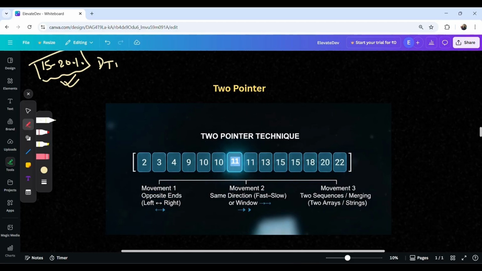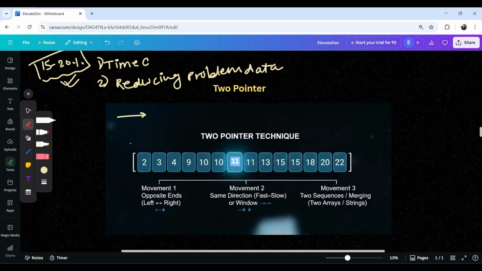2 pointer helps in reducing time complexity. Second, it helps in reducing the problem data. The data we are working on reduces by a considerable amount. Like earlier, if you are performing some search and you search linearly, then you will have to go through all the sequence. But binary search intelligently introduces the concept of 2 pointers,